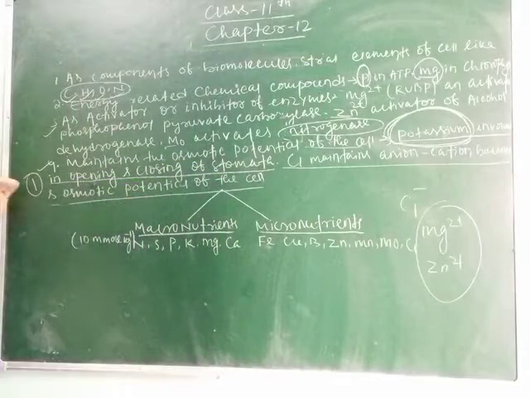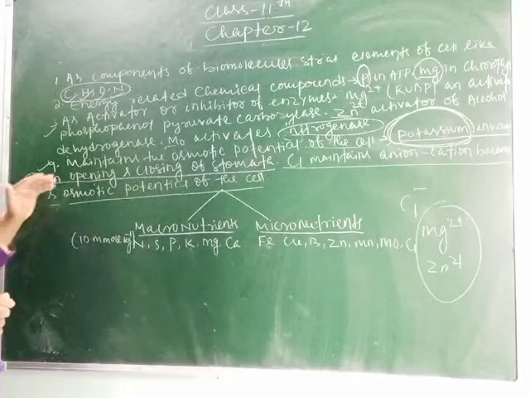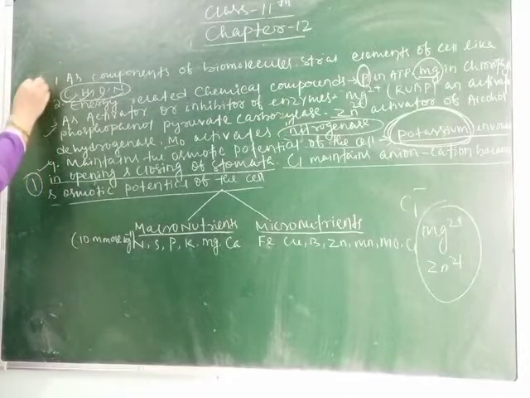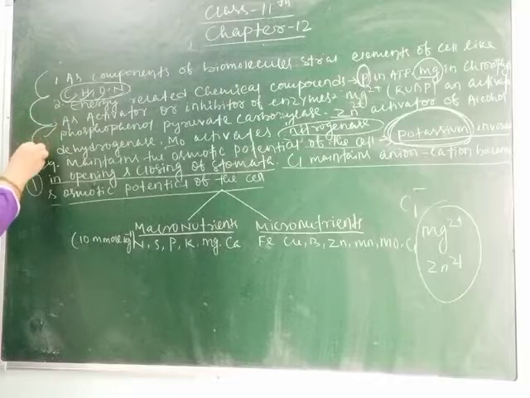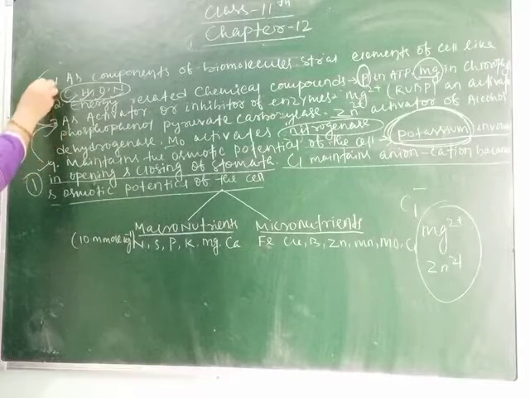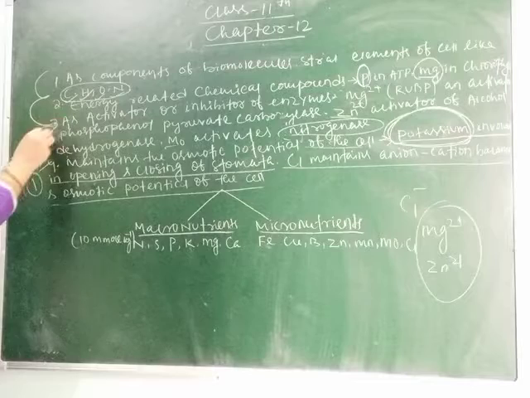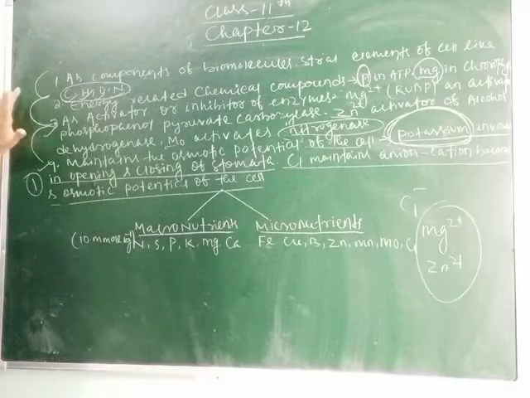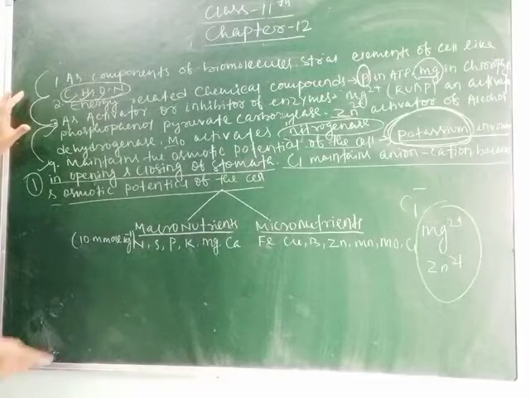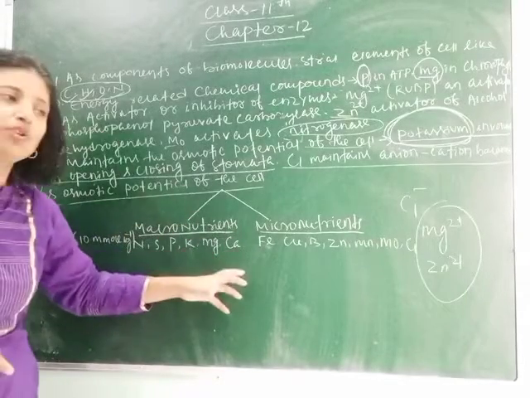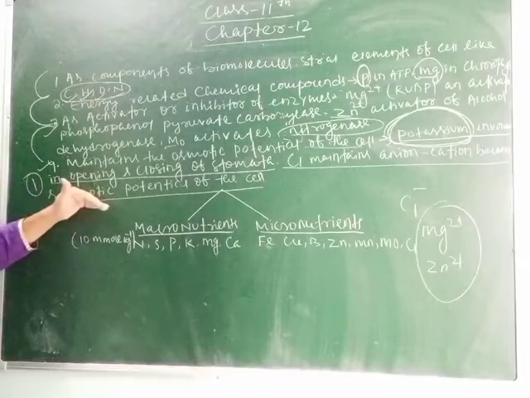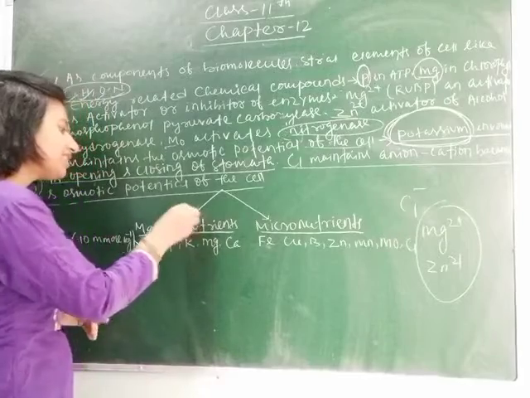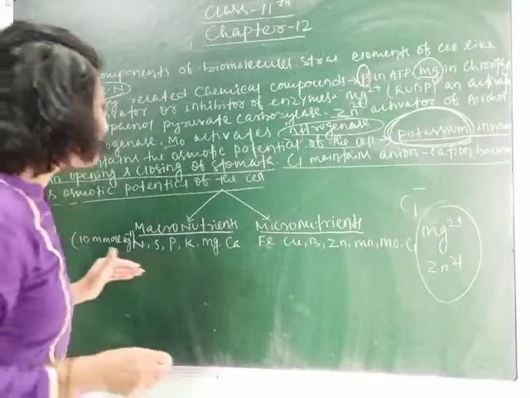Clear? So on this basis, the macro and micronutrients are divided into 4 categories depending on their function. This is point 1, this is 2, this is 3 and this is 4. These 4 points are the most important points. On the basis of these points, all the macronutrient and micronutrient functions are classified. So what are macronutrients and what are micronutrients? We have already discussed. So let's see by taking some examples.